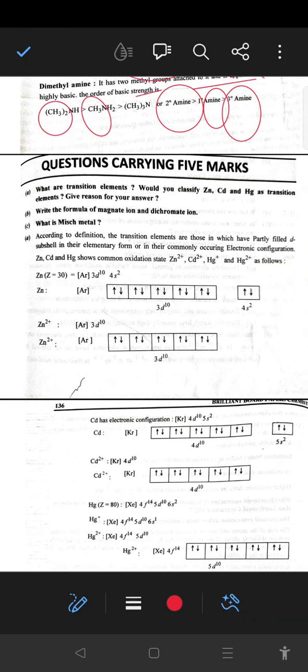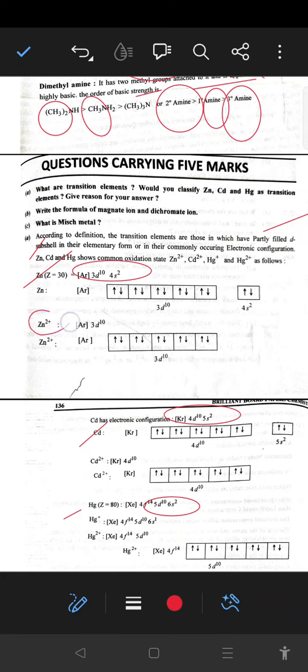What are the transition metals, and would you classify zinc, cadmium, mercury as a transition element? Give your answer. So according to definition, the transition elements are those which have partially filled d orbitals. So when we write the configuration of zinc, cadmium and mercury, zinc is 3d10 4s2, cadmium 4d10 5s2, mercury is 5d10 6s2. So here the d electronic configuration becomes completely filled, and by removal of 2 electrons,